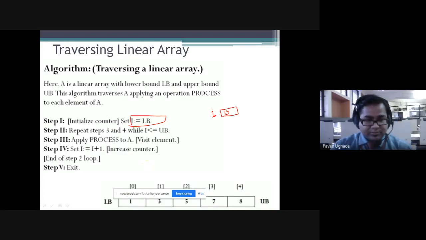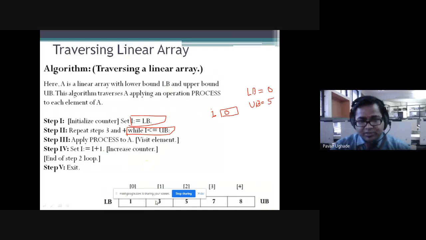Here, I repeat my steps 3 and 4 while I is less than or equal to upper bound. In the previous example, lower bound is defined as 0 while upper bound is defined as 5.